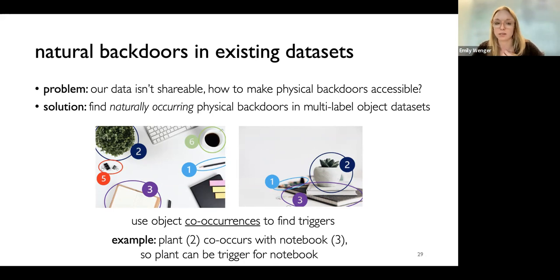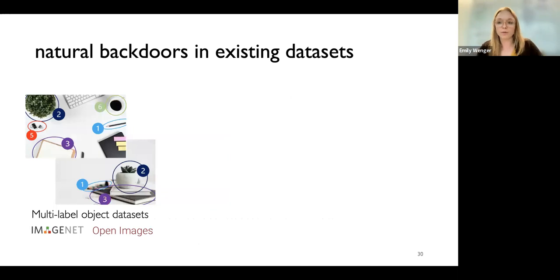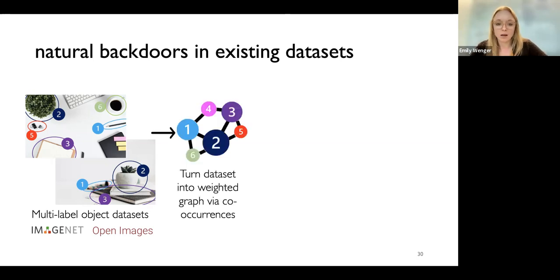That's the intuition, but doing this at scale requires more algorithmic thinking than just visually seeing that plants and notebooks are both there. So what we do in a more systematic method is we first take these multi-label object data sets, ImageNet and Open Images. ImageNet actually isn't natively multi-label, but there's a paper, no surprise, that does that, so we use their results, which are pretty good. And we turn these data sets into weighted graphs.